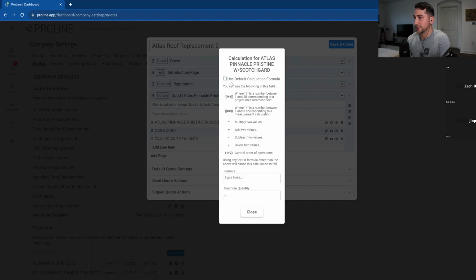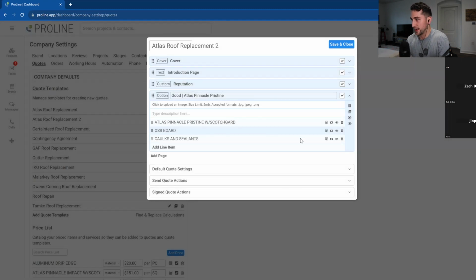But if I want to, I can deselect this, and then now I can build out a custom formula that is specific to this specific line item on this template. But in most cases, you're probably going to just want to use that default that you're managing on your price list level. That just makes things a lot easier, because once we duplicate this out into a better and best option,